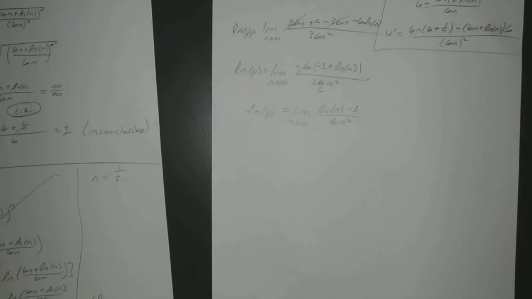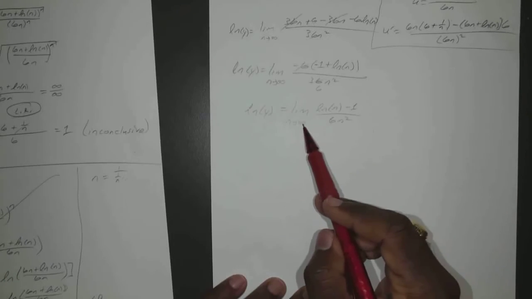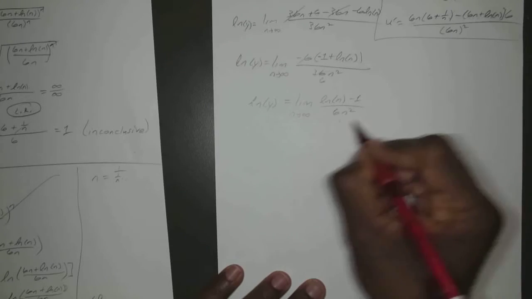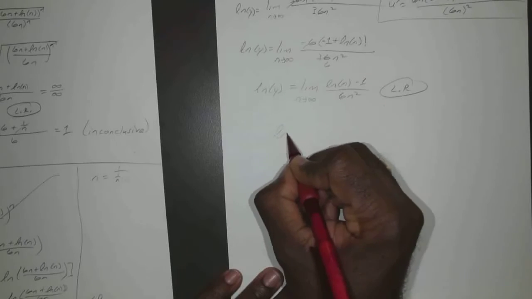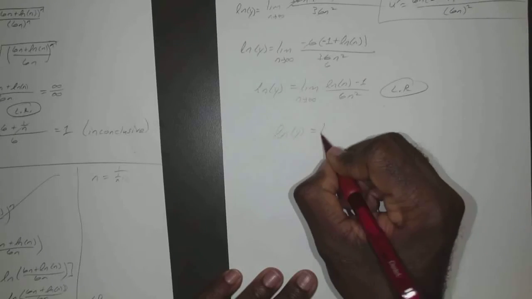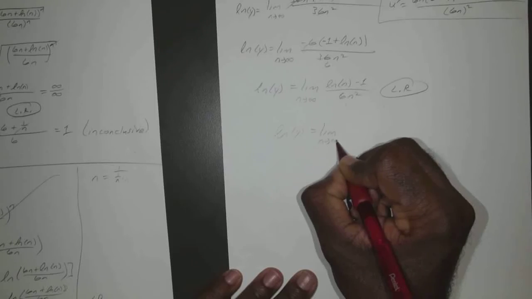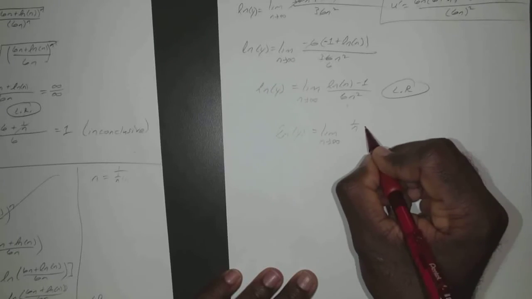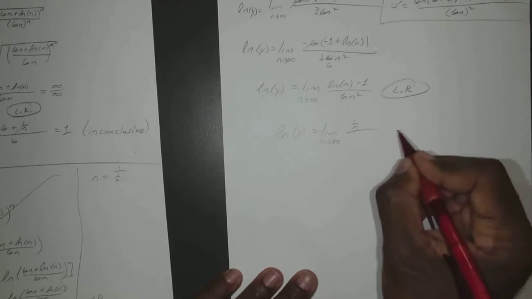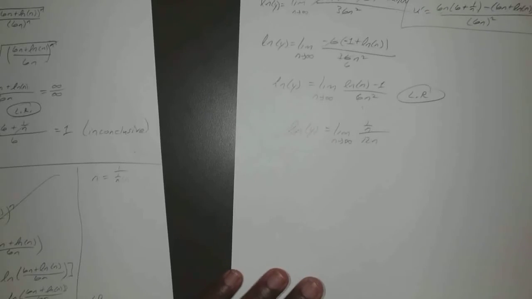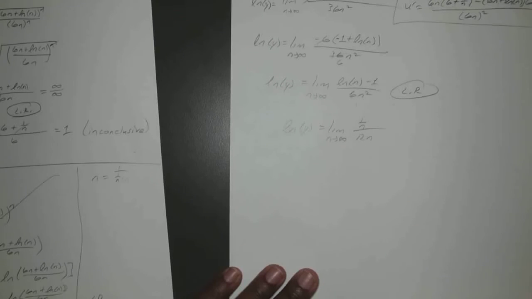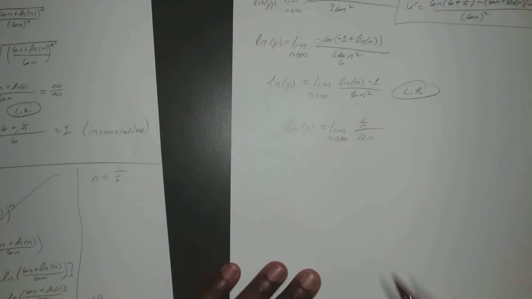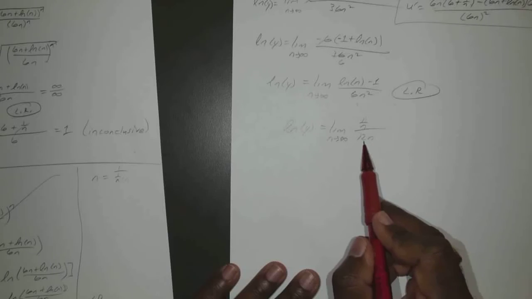Just a little less upsetting looking. Okay, so here we still end up with infinity over infinity, so we apply L'Hopital's rule again. So we have natural log of y equals the limit as n approaches infinity of 1 over n, that becomes 0, over 12n, okay, which gives us 0 over infinity. So as this number gets closer and closer to 0, this number gets bigger and bigger